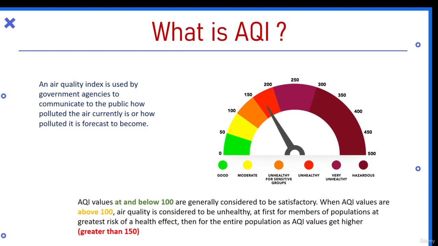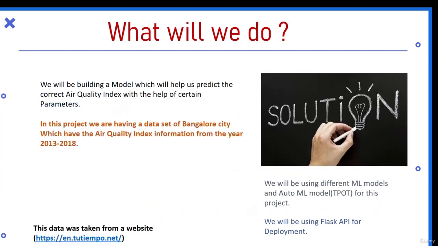And if the air quality index is greater than 150, then the entire population is at greater risk of health effects. Basically, it measures the number of dust particles or harmful organisms present in the air, which tells us whether the air is safe for us. Generally, an air quality index below 100 is quite good. So now, in this project, we'll try to build a machine learning model which will help us